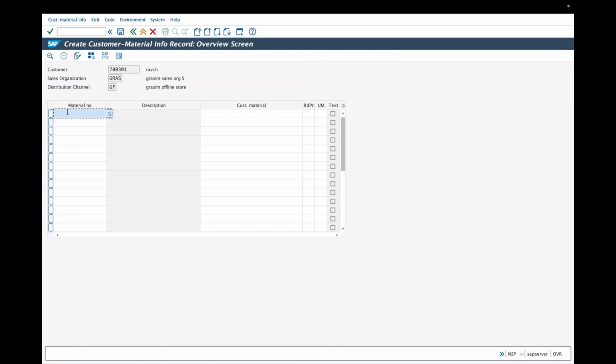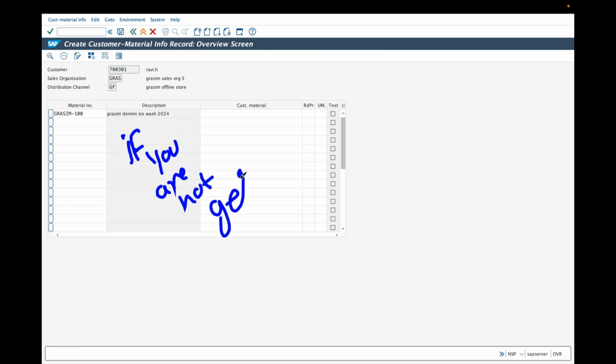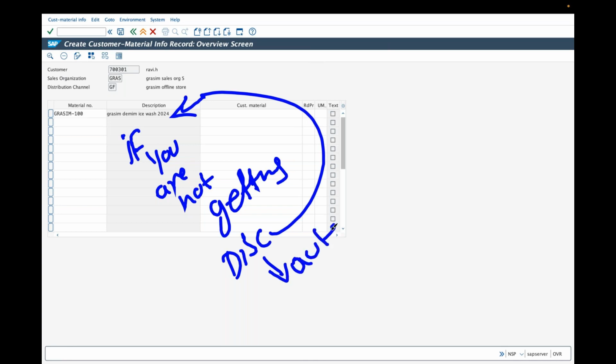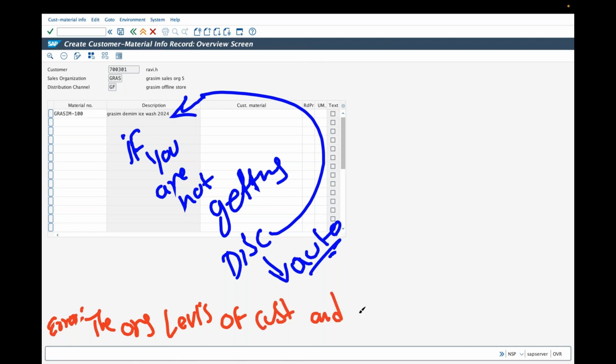Now the product I've taken, when I say enter, it should give the description automatically. If you are not getting the description automatically, then you will get an error, because the organization levels of customer and material are different. What should you do? Solution: